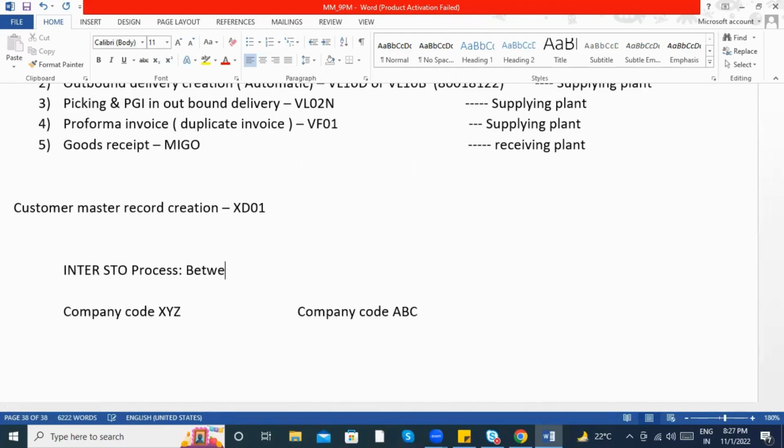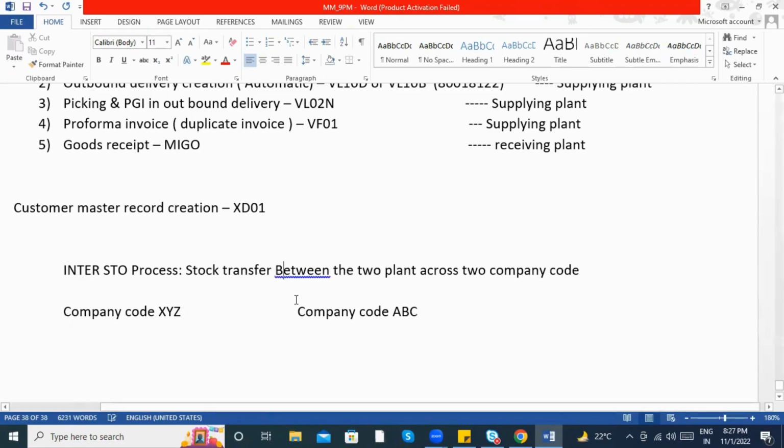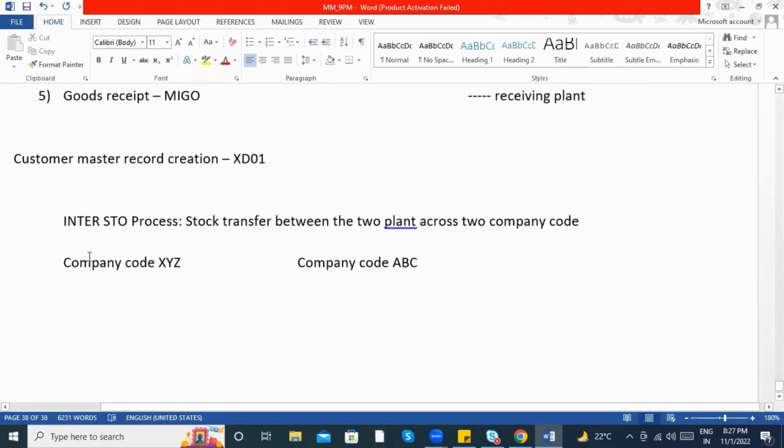And we can say between the two plants across the two company codes. Okay, so stock transfer between the two plants across the two company codes. Okay, so even here, company XYZ and company ABC,